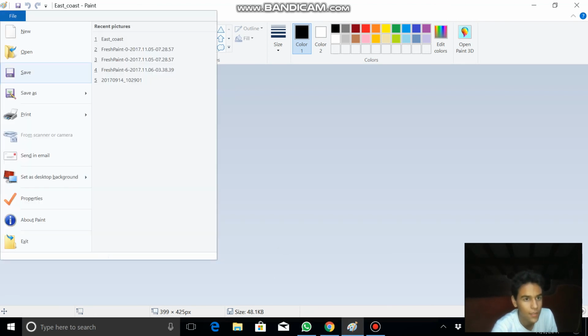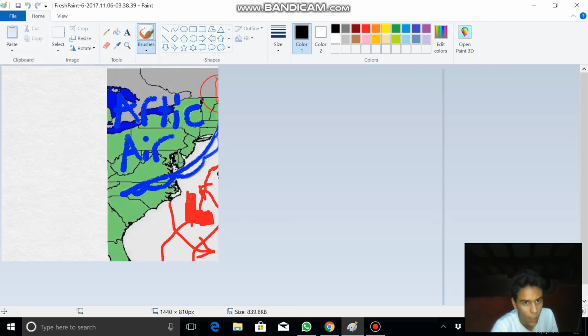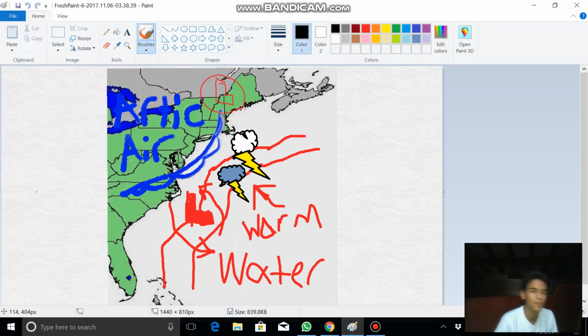And then I'm gonna show you the next map, and you could see that the nor'easter just becomes powerful. We have that Arctic air filling in that low pressure, and that Arctic air tries to fill in the low pressure, creates a wind. The thunderstorms, thanks to the Coriolis effect, that are offshore move towards the northeast since low pressure areas move counterclockwise. So those thunderstorms move towards the Arctic air, and that creates more instability, and that increases the rain showers or snow showers in those areas to create those major blizzards. And that's what creates those powerful nor'easters.